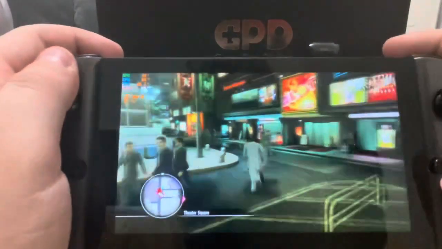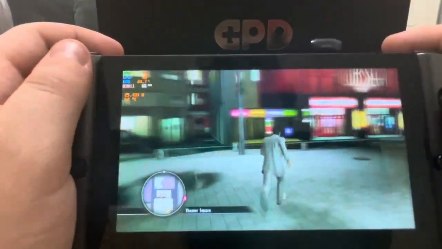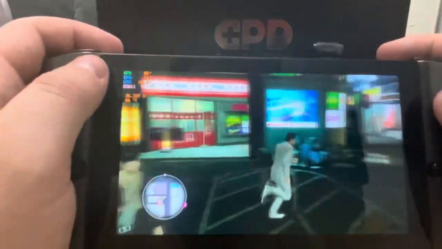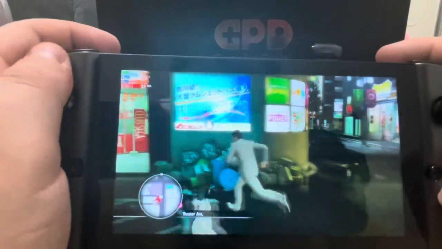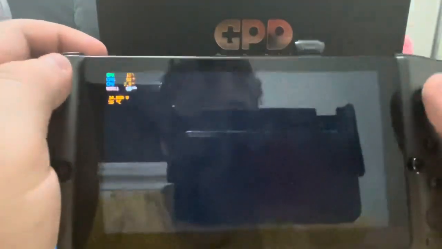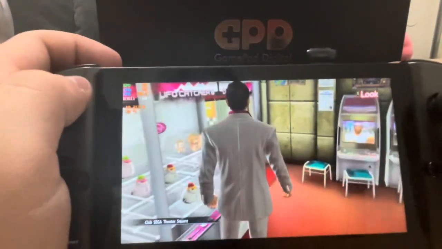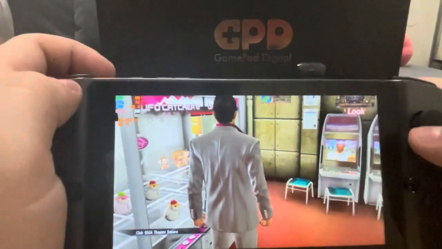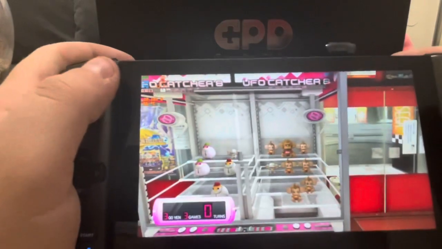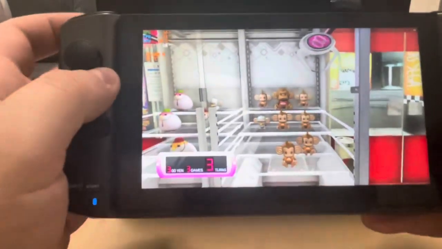And now we're at Theater Square, the most crowded area in Yakuza, and we're still hitting about 50-ish frames a second. And the most noteworthy part about the upgrade from the Win Max, so Ice Lake to Tiger Lake, in my opinion, is I played around today with all of the Yakuza parts where I used to have troubles